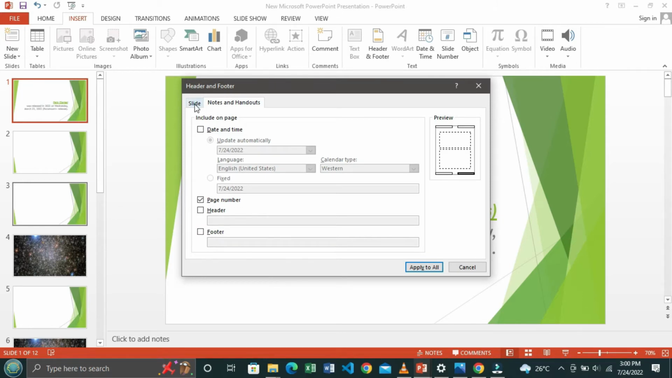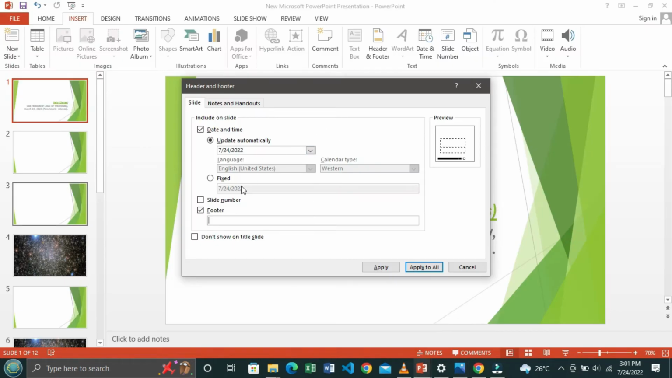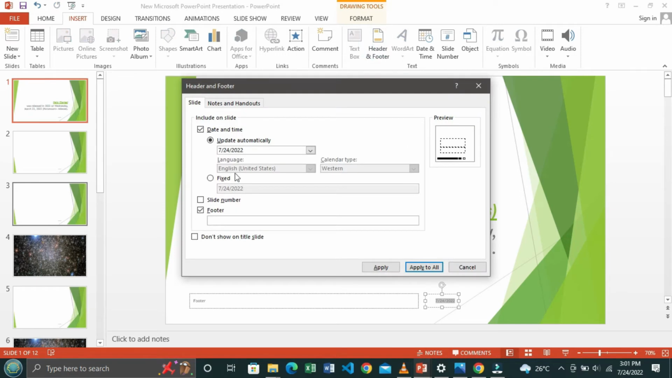Let's go back to the slide, click this part that has the date, then click footer. You can see on your screen it is bolding this part, whereby the date is going to be here, in the corner. They're telling us the date should be on the left side of the footer. Add your name as the header. So when I click apply to all, let me go back. It's putting it at the center. We want it